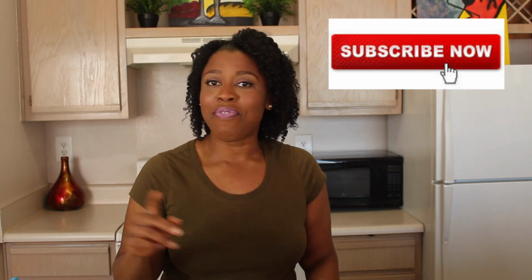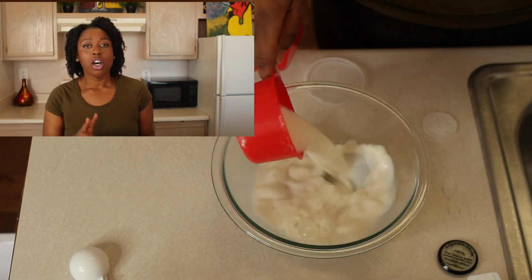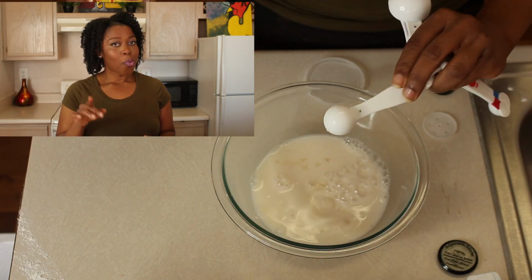Cheddar baked biscuits from the famous restaurant. So you guys so excited? Let's get started. Now, in order to make vegan buttermilk, you're gonna need 1 cup of milk and 1 teaspoon